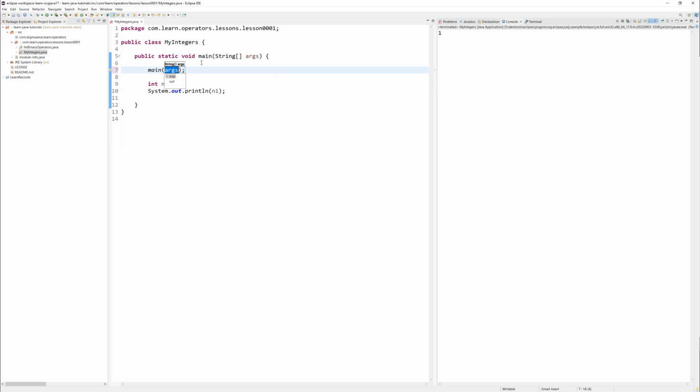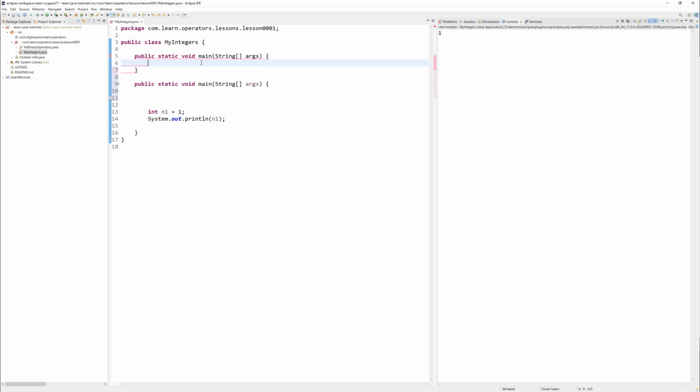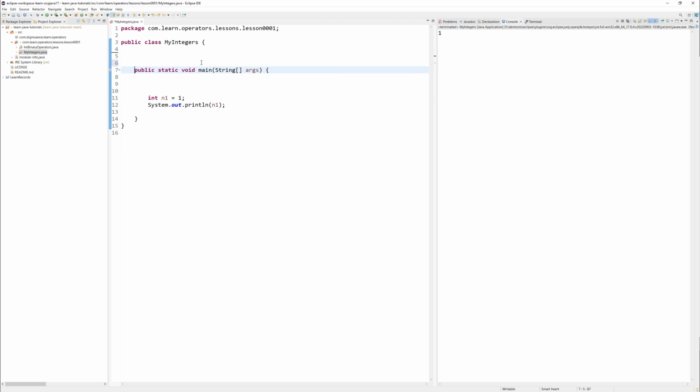Actually this is already generated, but if we want to generate it, we can generate it like this. So this is a shortcut, and then how to run it, we can combine Control plus